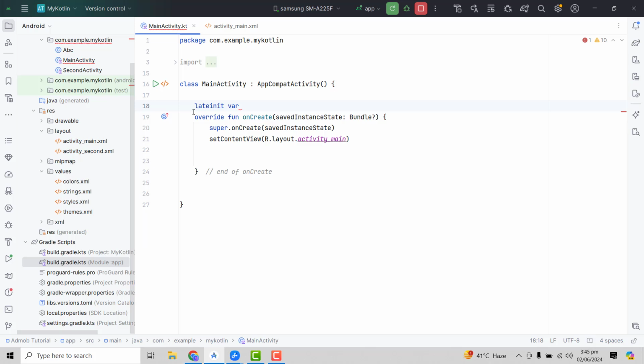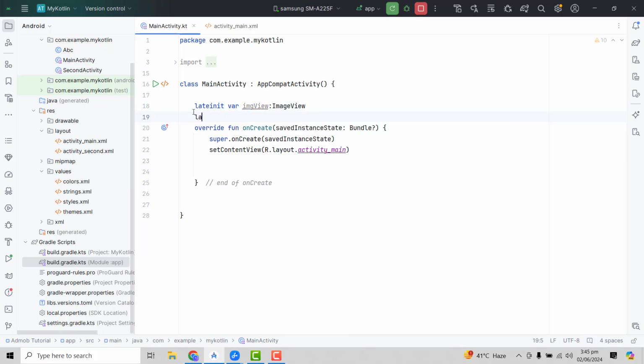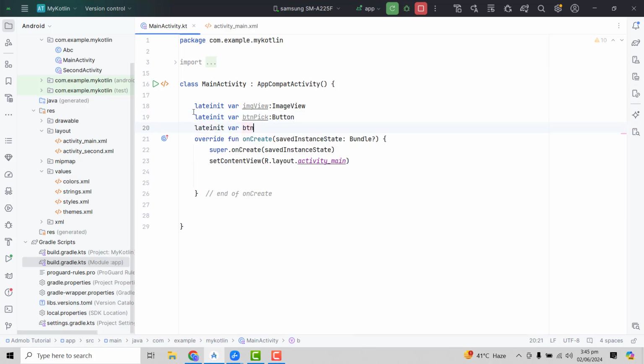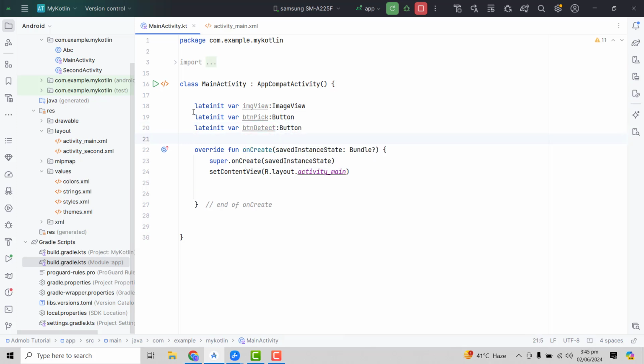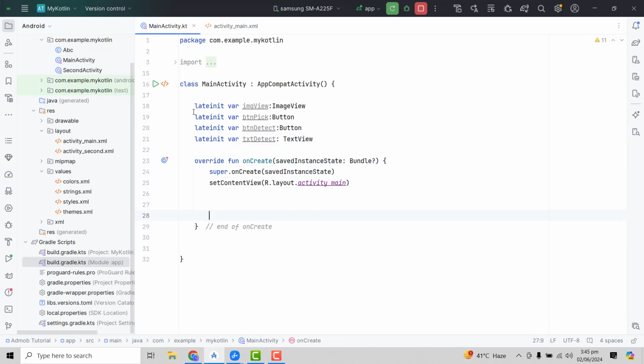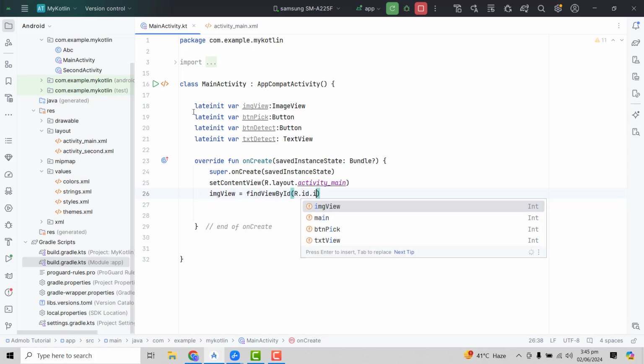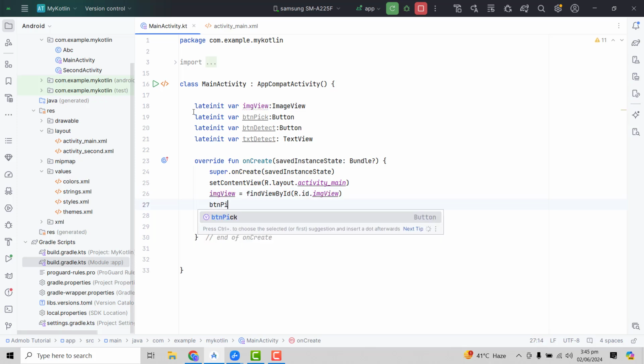For this we can simply say imageView, then we will have buttonPick for picking the image, and then we will have lateinit var buttonDetect, then we will have textView. Alright, and here we will bind the views. For this we can say imageView equal to findViewById imageView, then we have the buttonPick,